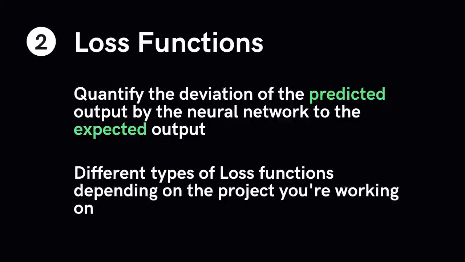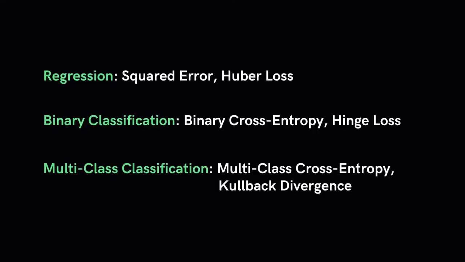There are plenty of loss functions out there. For example, under regression we have squared error loss, absolute error loss, and Huber loss. In binary classification we have binary cross entropy and hinge loss. In multi-class classification problems we have the multi-class cross entropy and the Kullback-Leibler divergence loss, and so on. The choice of the best function really depends on what kind of project you're working on. Different projects require different loss functions. Now, I don't want to talk any further on loss functions right now. We'll do this under the optimization section, because that's really where loss functions are utilized.